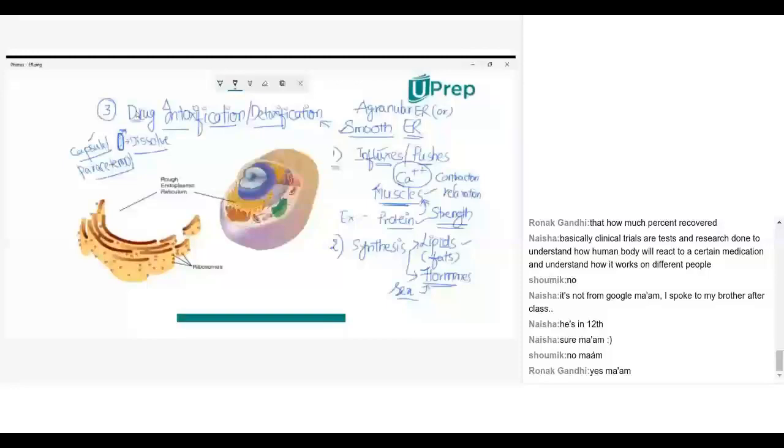But what about the side effect? Side effect means what? You had taken a tablet for muscle pain, or you had taken a tablet for a viral fever, or you had taken a capsule for some other ailment. This capsule you are taking through the mouth, and after it gets inside your body, it will not directly show the effect, but it shows side effect on other parts of the body. Isn't it? Suppose you had taken a tablet for muscle pain.